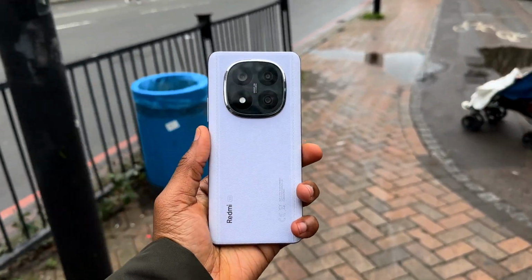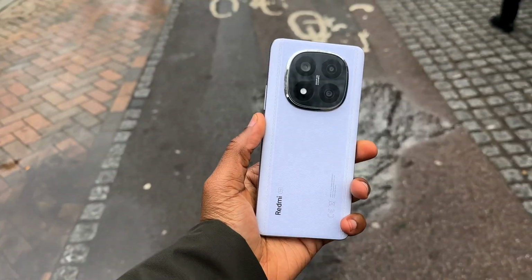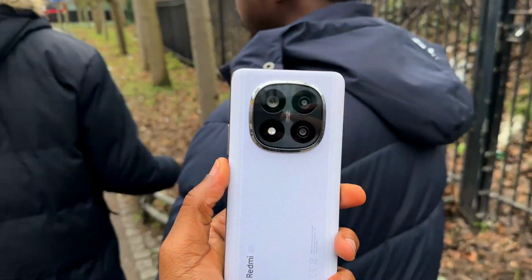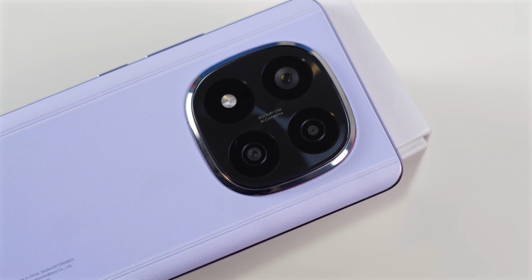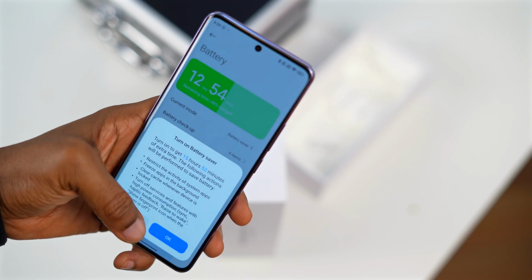Unfortunately, we don't get that globally, and that is a bit disappointing. I'm sure I'm not the only one disappointed because folks on Reddit shared the same sentiments. The battery wasn't the only compromise made. This global version is also missing the telephoto lens found in the Chinese or Indian version, and it also has a lower IP rating. But in terms of endurance, my unit lasted a full day and even into the next day